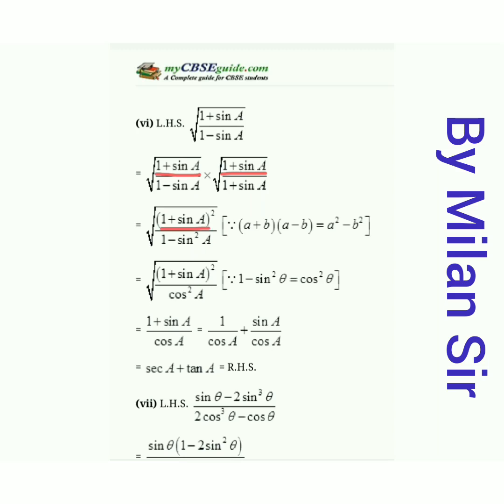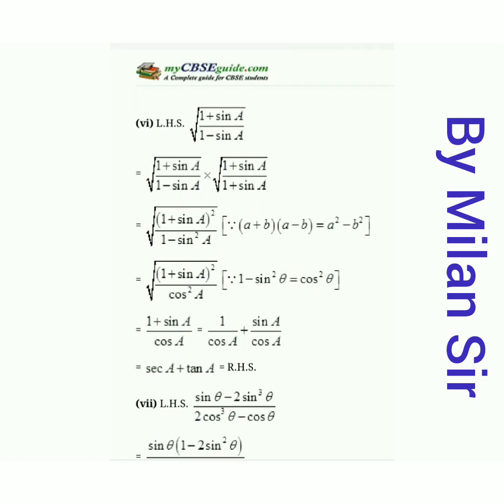Because twice we need to multiply it, so 1 plus sin A all square. Now in the denominator, 1 minus sin A, 1 plus sin A, it is the form of a plus b, a minus b, so the final answer is a square minus b square, meaning first term square minus second term square. Here the first term is 1, so 1 square is 1, then the negative sign as per the formula, and the second term square, so sin A is there, so the square of it is sin square A, so in the denominator 1 minus sin square A.